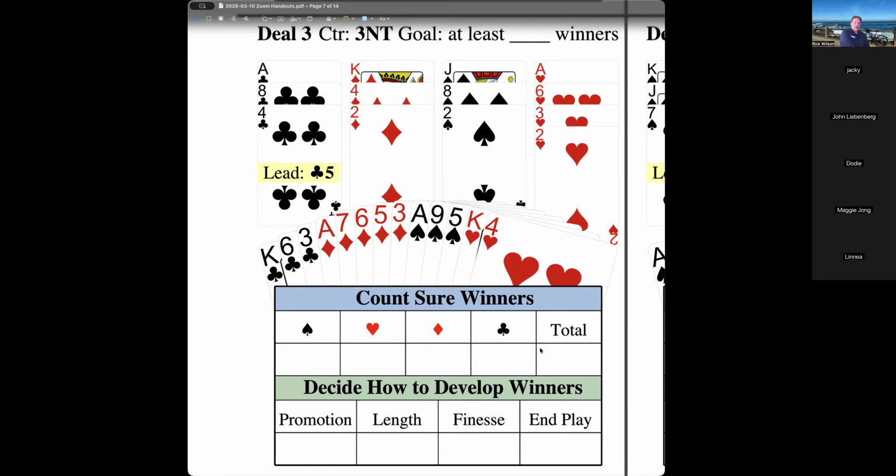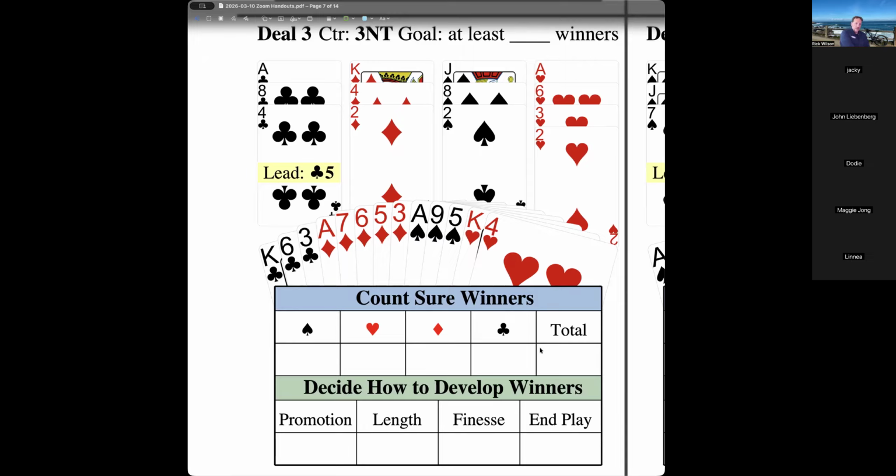Because if their diamonds start out 3-2, after we duck a diamond, they have 2-1. Oh, diamonds. Okay. Yeah, right. So you can go ahead and take the king of clubs and go diamonds. Then play the king of diamonds to the king, and a diamond back to the ace. And if they're 3-2, we'll get 4 diamonds, 2 clubs is 6, a spade is 7, and 2 hearts is 8 and 9. Yeah. And so, as is usually the case,